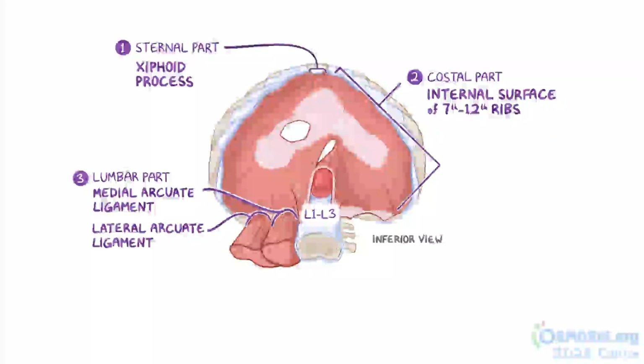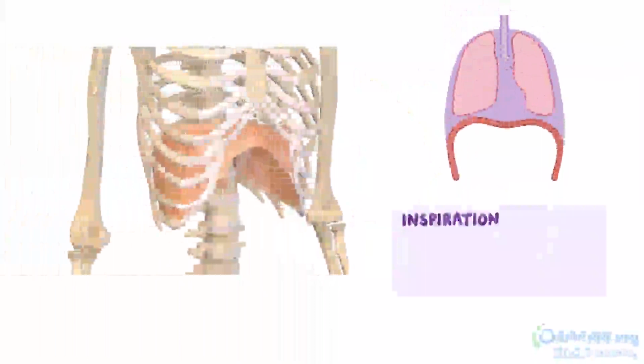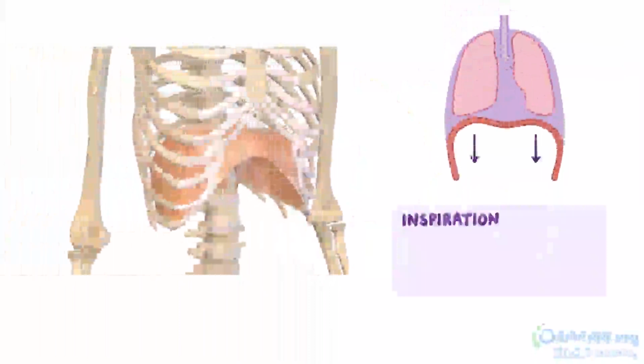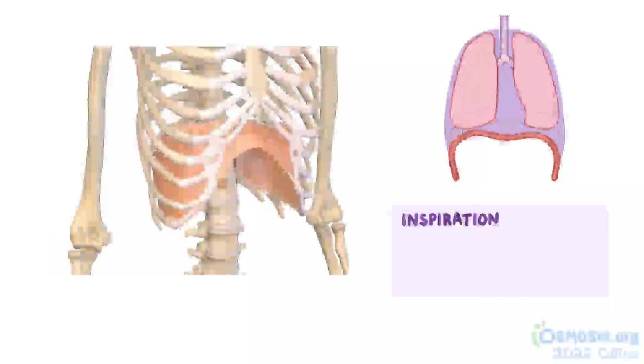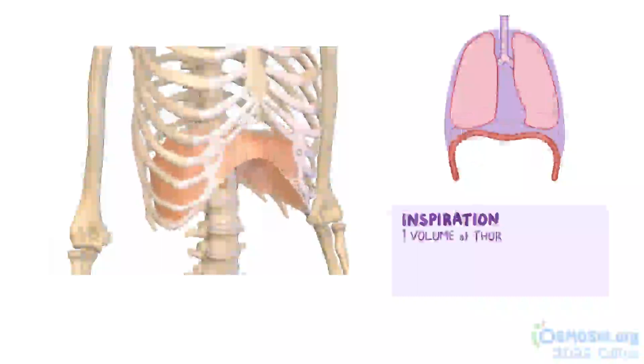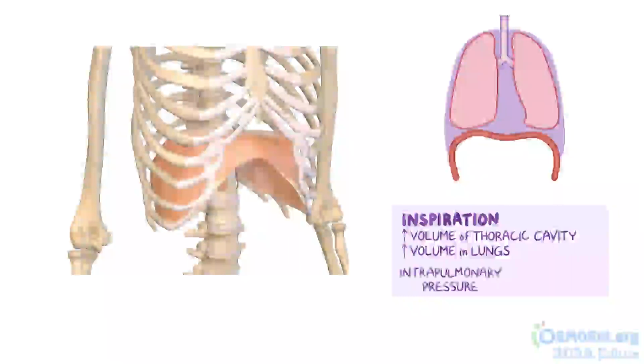Now, the diaphragm is the chief muscle for inspiration, meaning that when it contracts, it helps us breathe in. During contraction, the central portion of the diaphragm depresses, increasing the volume of the thoracic cavity, which in turn increases the volume in the lungs. This makes the intrapulmonary pressure fall below the atmospheric pressure, creating a partial vacuum that allows fresh air to be